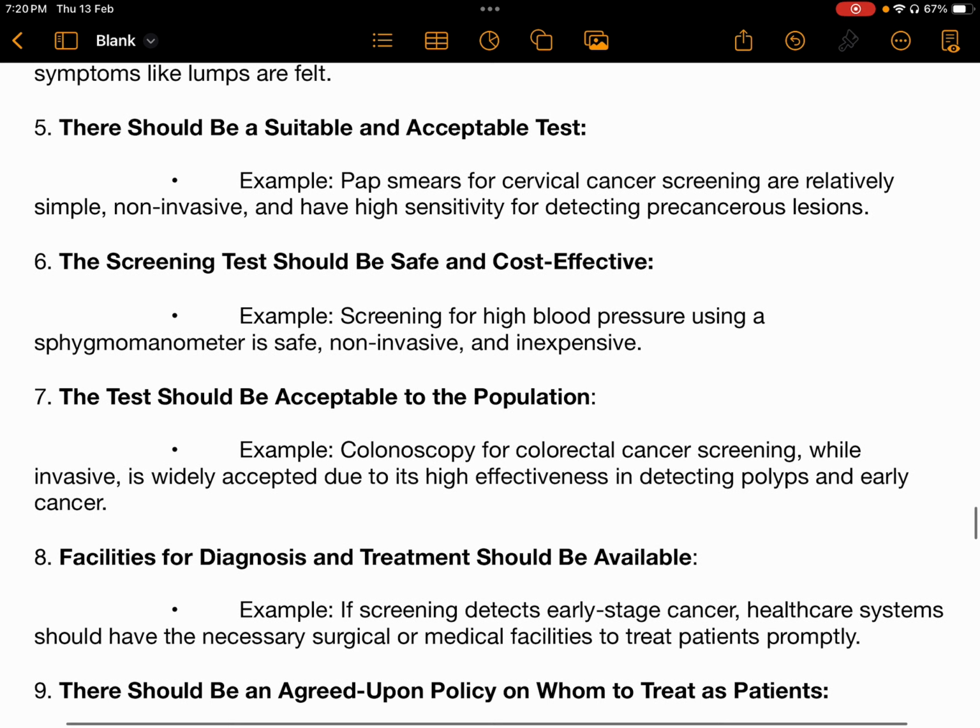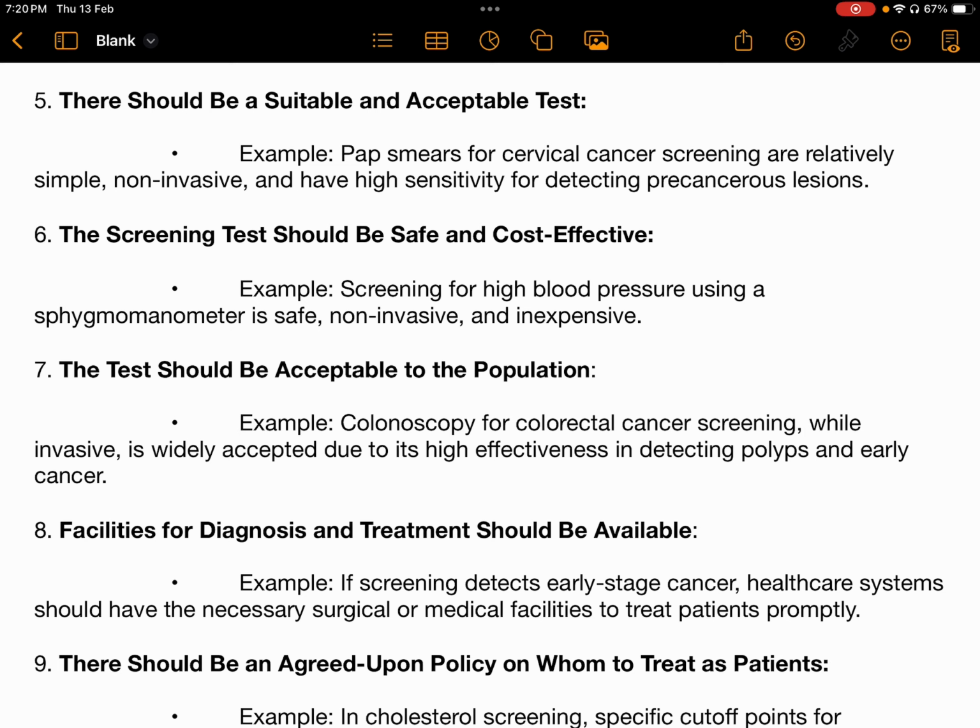Seventh principle: the test should be acceptable to the population. The screening process should not cause significant discomfort, stigma, or harm to individuals. Participation in the screening program should be voluntary, and the test must be culturally and socially acceptable to the population being screened. Example: colonoscopy for colorectal cancer screening, while invasive, is widely accepted due to its high effectiveness in detecting